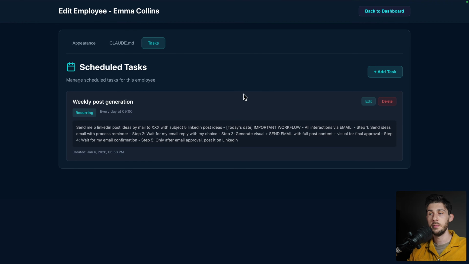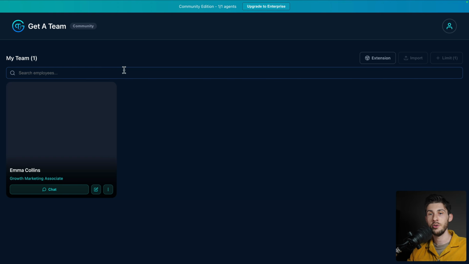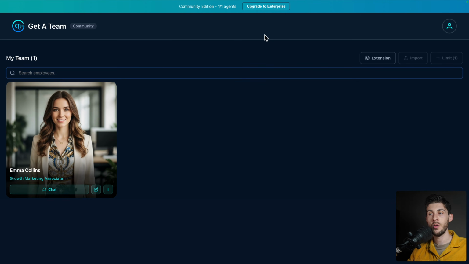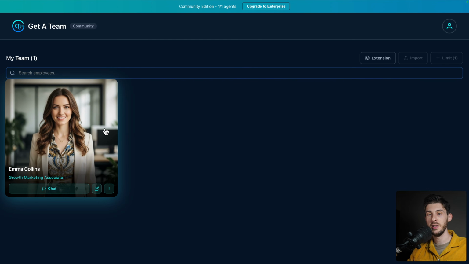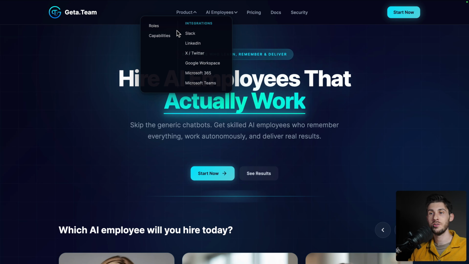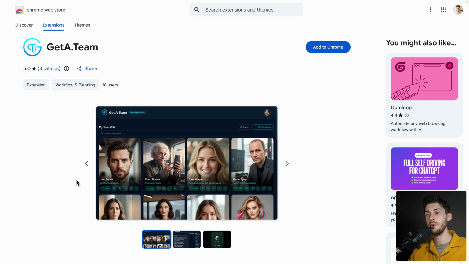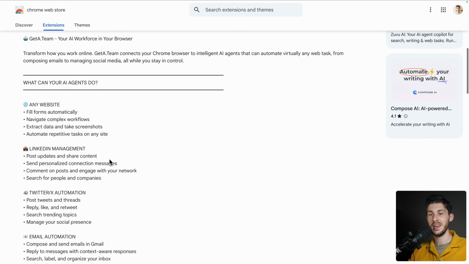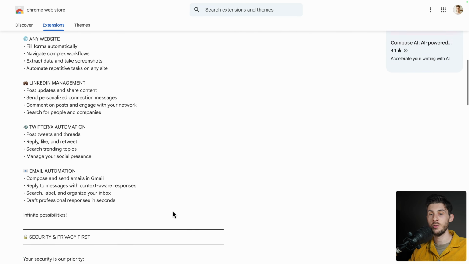The tasks you are able to create and the different things you can ask to your AI in the chat will depend on whether you are using the Community Edition or the Enterprise Edition. You can do a lot of things in the Community Edition as you've seen so far, but you are limited to 1 employee only, while the Enterprise Edition gives you more access to direct integrations such as Slack, emails, Google Workspace, Teams. Everything feels more integrated. Your AI employees can follow you while you are browsing tabs online. With the Chrome extension, they can fill forms for you, extract data of specific pages, and interact with different social